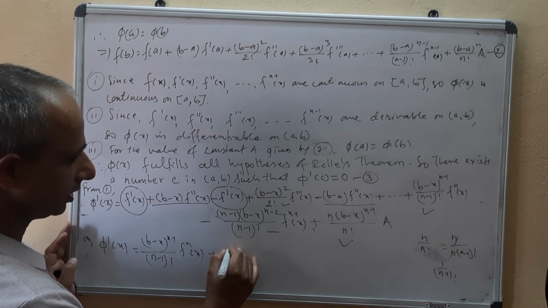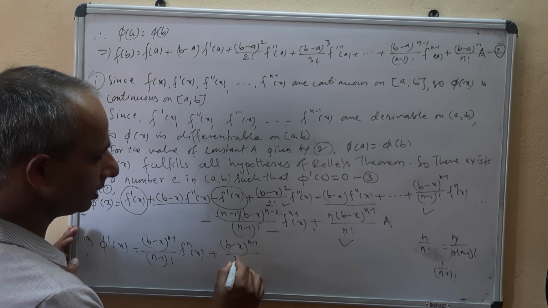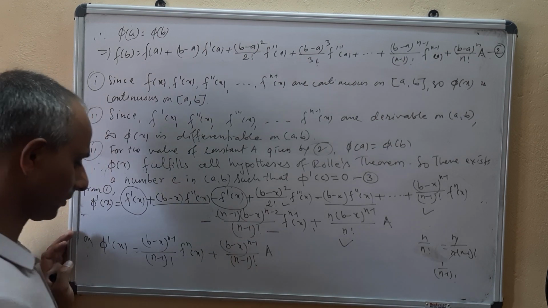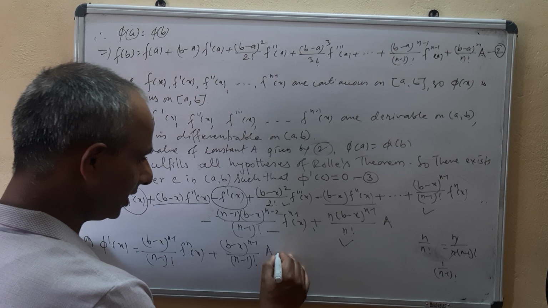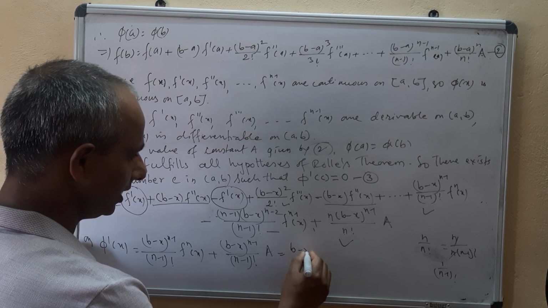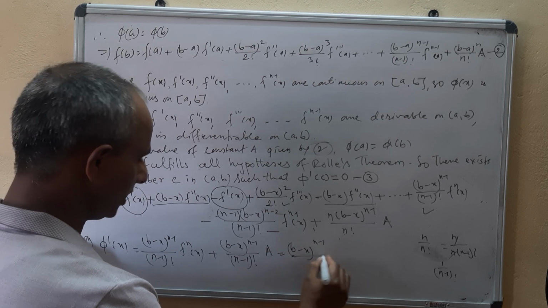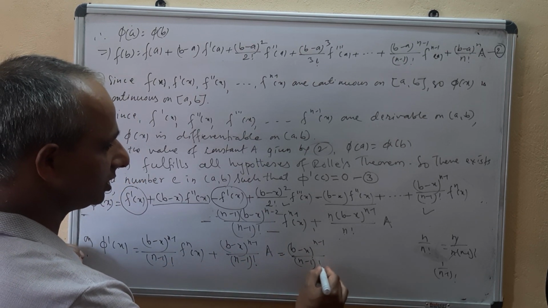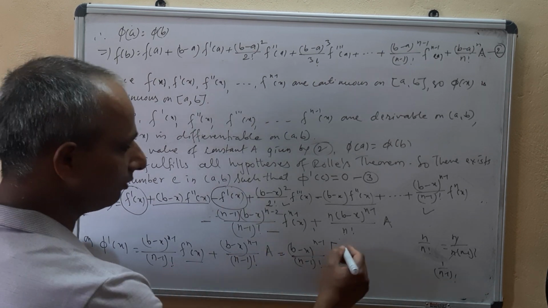You can write this way: (b minus x) whole power n minus 1 upon n minus 1 factorial times a, means what will you get here? (B minus x) whole power n minus 1 upon n minus 1 factorial, you take common outside, and what remained here? Fn of